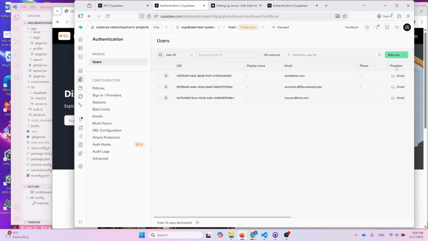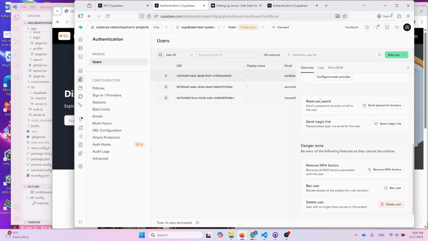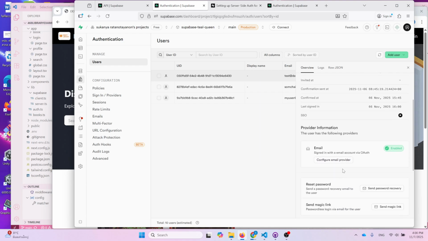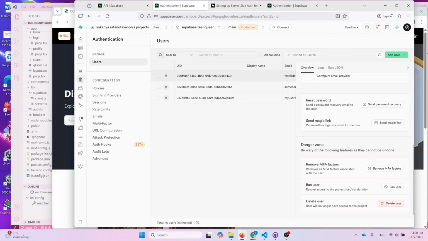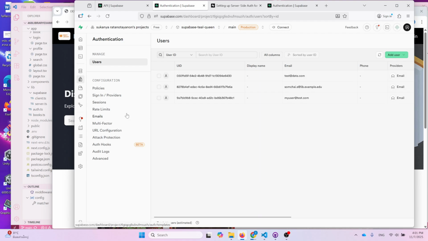Also, we're going to go to provider just to disable. We go to provider here. You will notice that I actually click on this user. And then I just realized that this may be a good place for you. So if you don't want that user anymore, you can delete user or you can ban. Okay, don't do that unintentionally. Let's go back